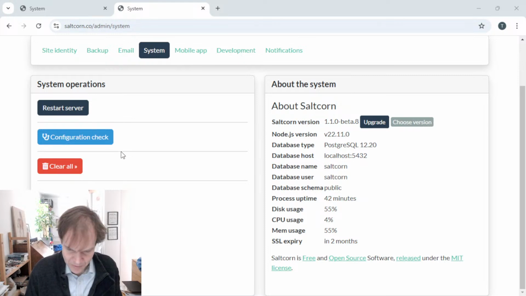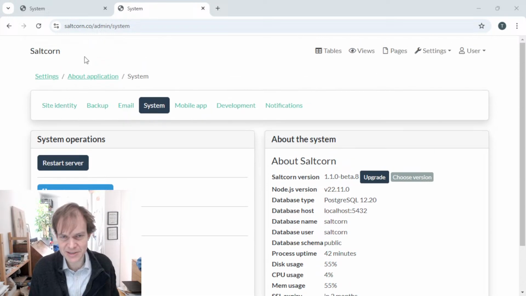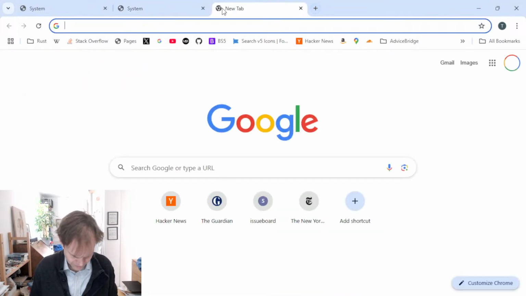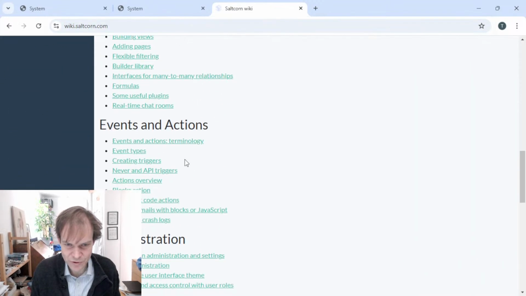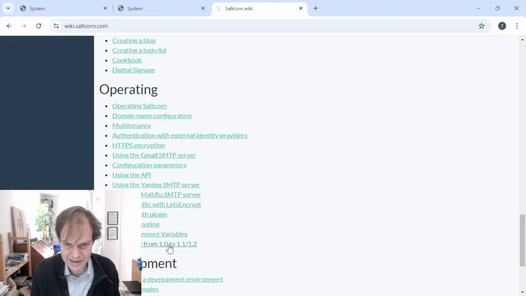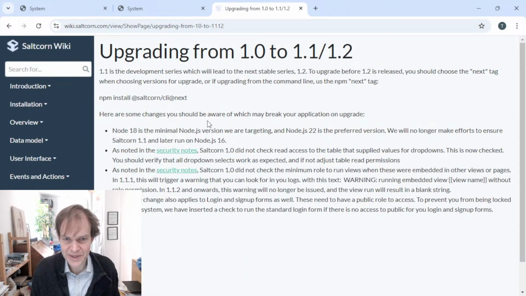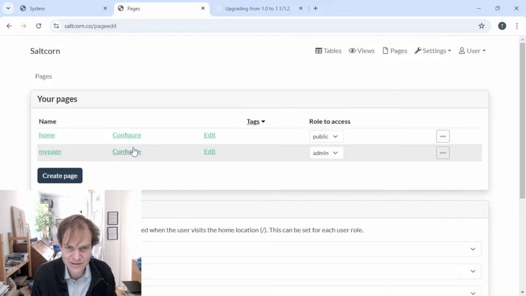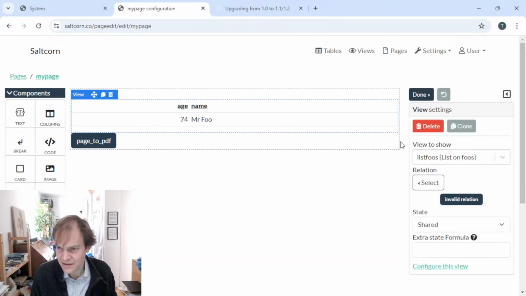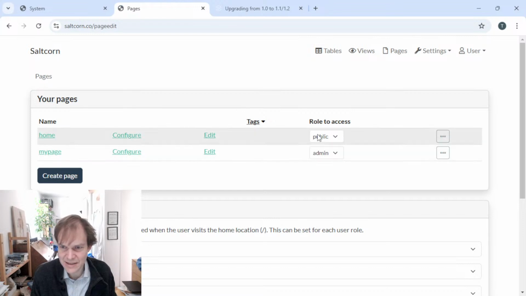So let's talk about what's changed since then. Okay, so there are a couple of settings, some things about security that you need to be aware of. So if you go to the wiki, I wrote a page about this. This is a work in progress, so definitely have a look at this. There are some security notes here, and some things that aren't really new settings, but you just need to be aware of them. So if you embed a view in a page, previously, you have the page permissions here, which is public or whatever, and then you have,